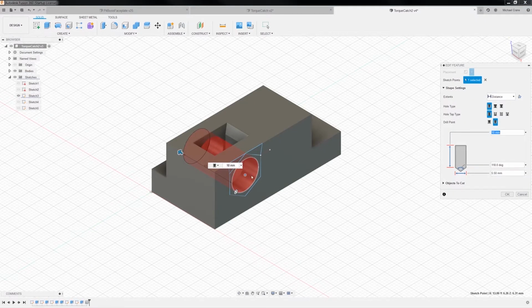That's interesting. It's giving me the degree, I guess, down here or something. Okay, so it's 5.5 millimeters width, but we only wanted it... What did we say? 3.6 millimeters. Okay, edit feature, shape, selected, hole,